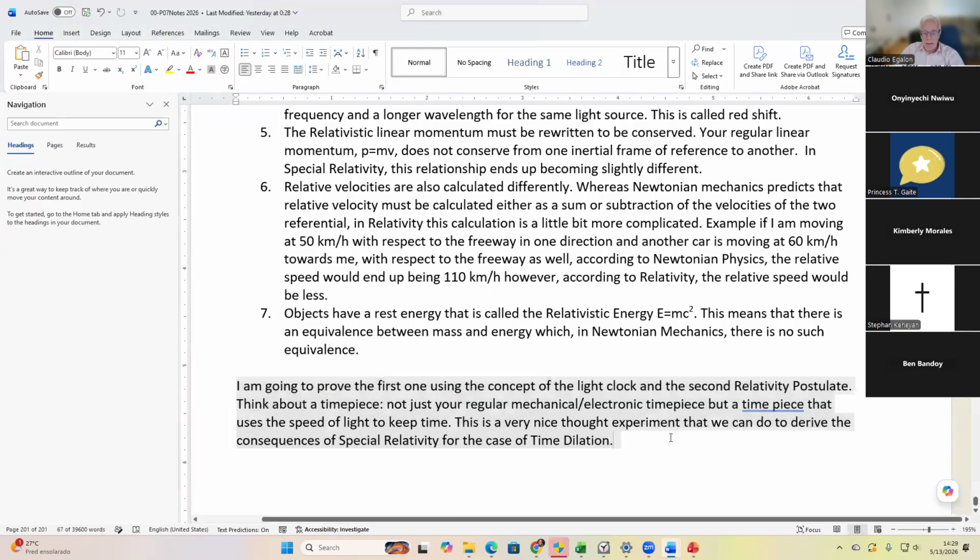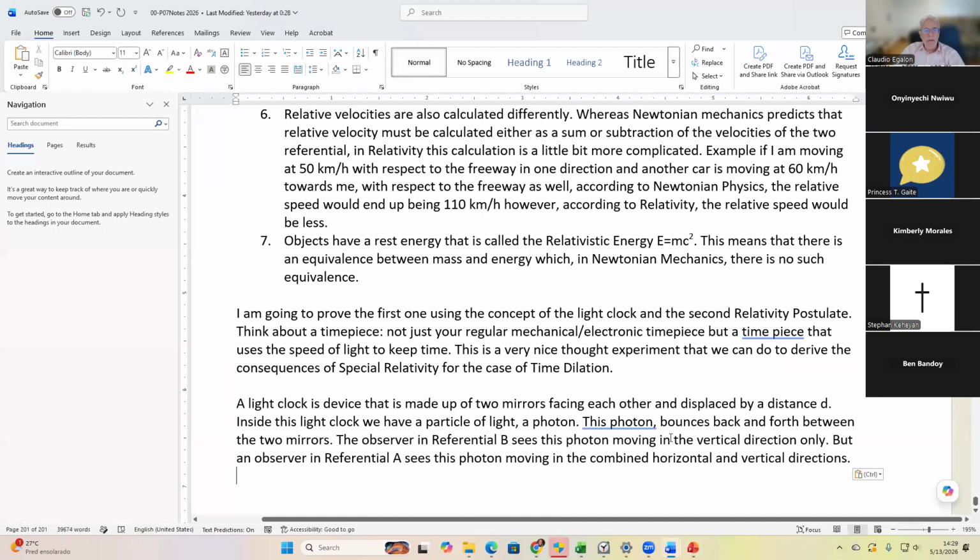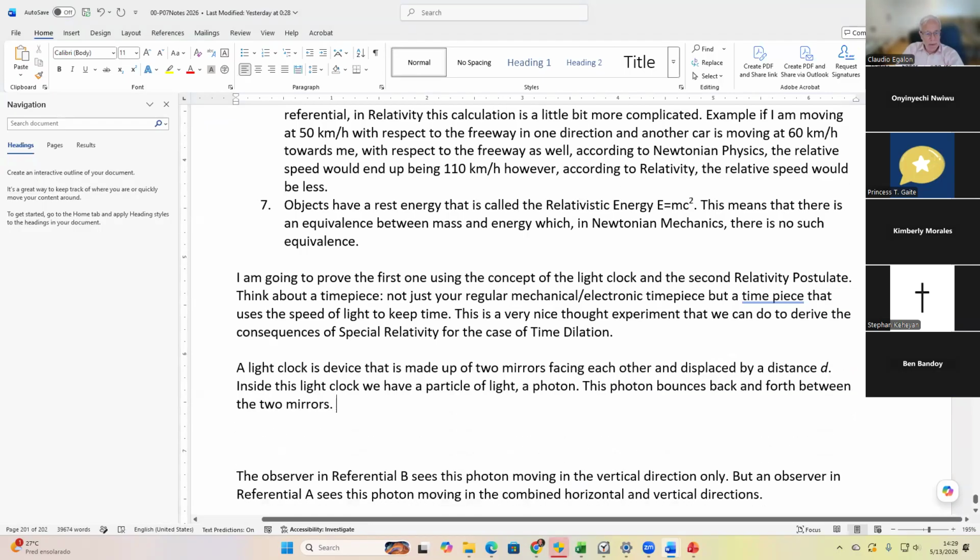Now, a light clock is a device that's made up of two mirrors facing each other and displaced by a distance d. Inside the light clock, we have a particle of light, a photon. This photon bounces back and forth between the two mirrors. Okay? So before we get to referential B, the observer in referential A